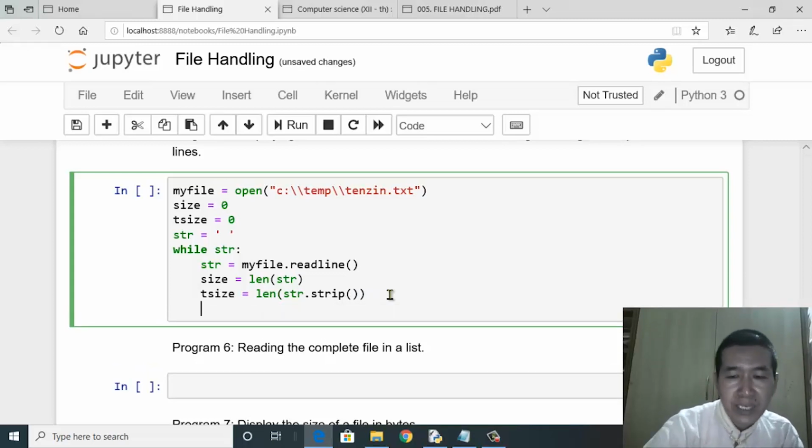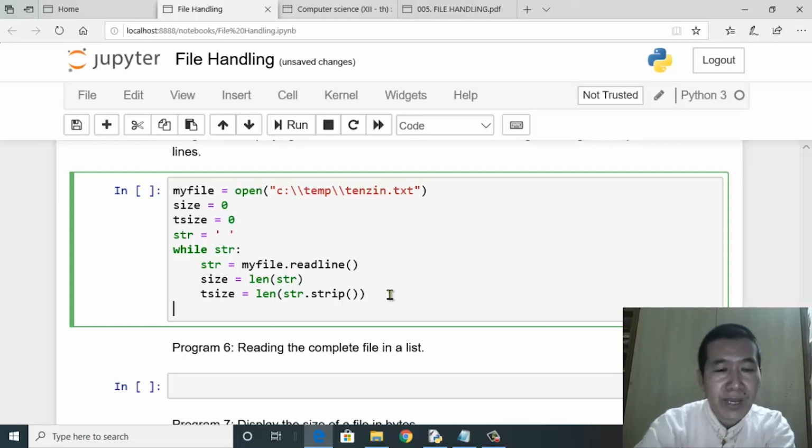That's it. And then finally, when the reading process gets over, it takes place line by line until it reaches the end of the file. The moment it reaches the end of the file, the value of str will be none, which evaluates to false. This is how the program comes to an end. The loop comes to an end rather. And then finally, I would like to print a message.